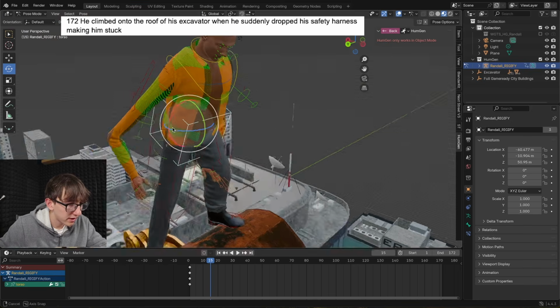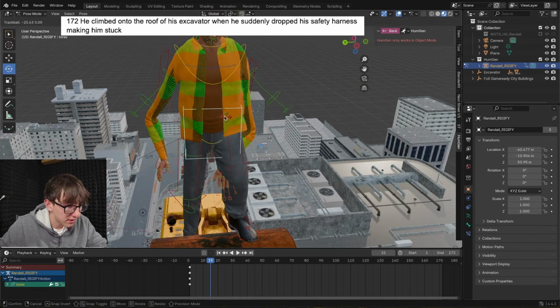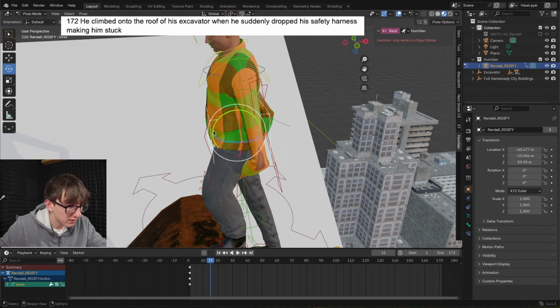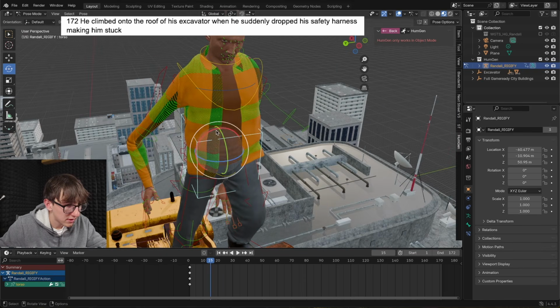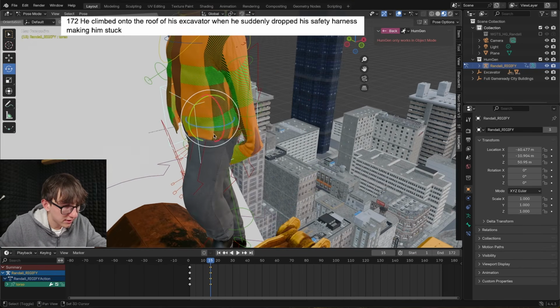All right, this is about a good height that he'll be standing at. I'll make him lean forward a little bit, or lean backwards a little bit. All right, and then